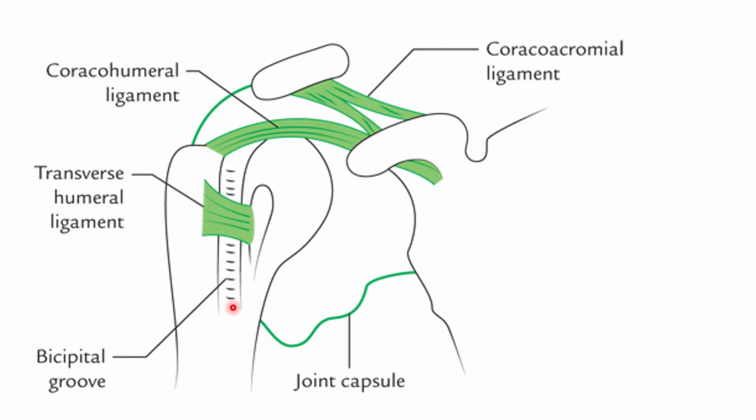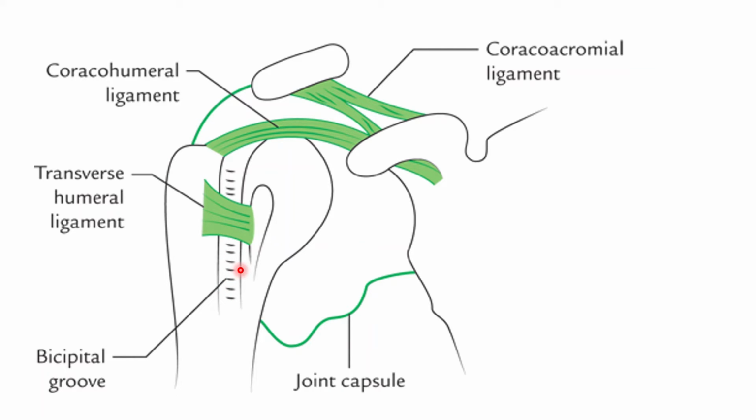The last ligament is the coracohumeral ligament, which extends from the lateral border of the coracoid process to reach the humerus. It is attached to the anatomical neck of the humerus between the greater and the lesser tubercle. The transverse humeral ligament is attached to the upper end of the intertubercular sulcus between the two lips, and it holds the long head of the biceps in its position.